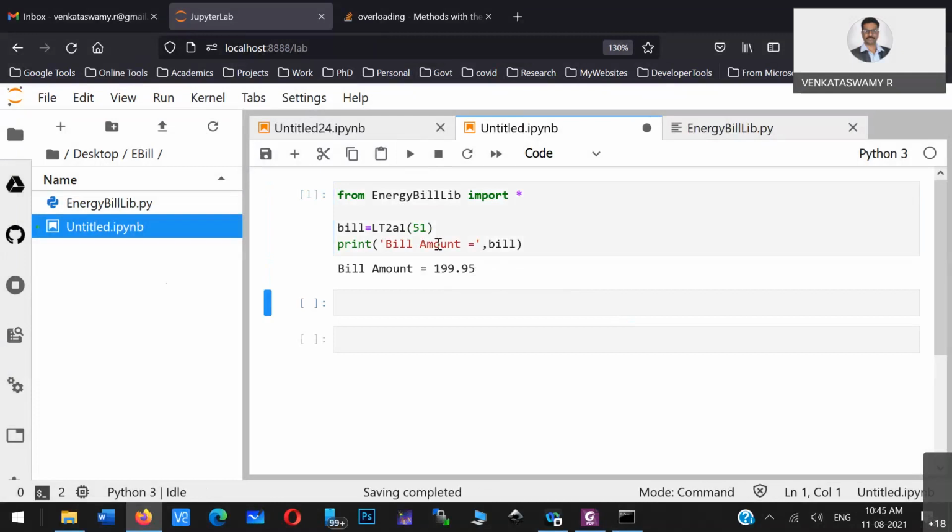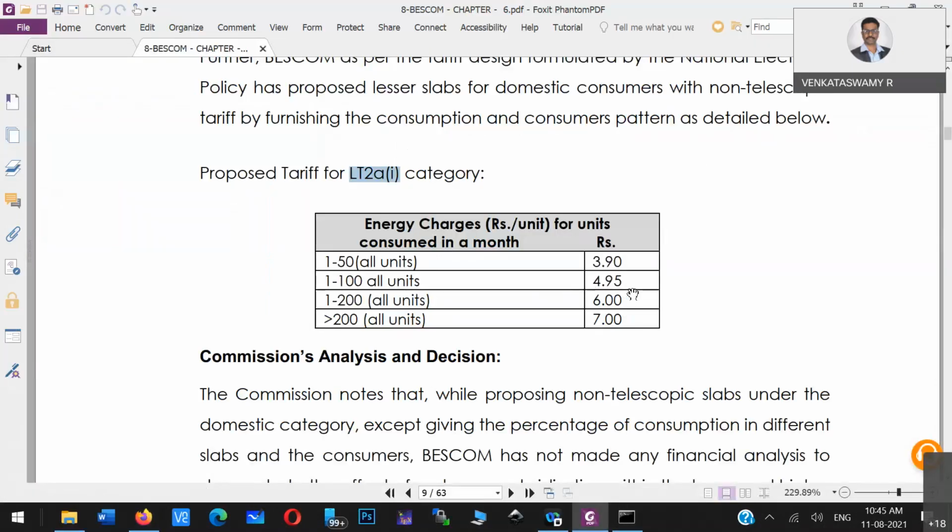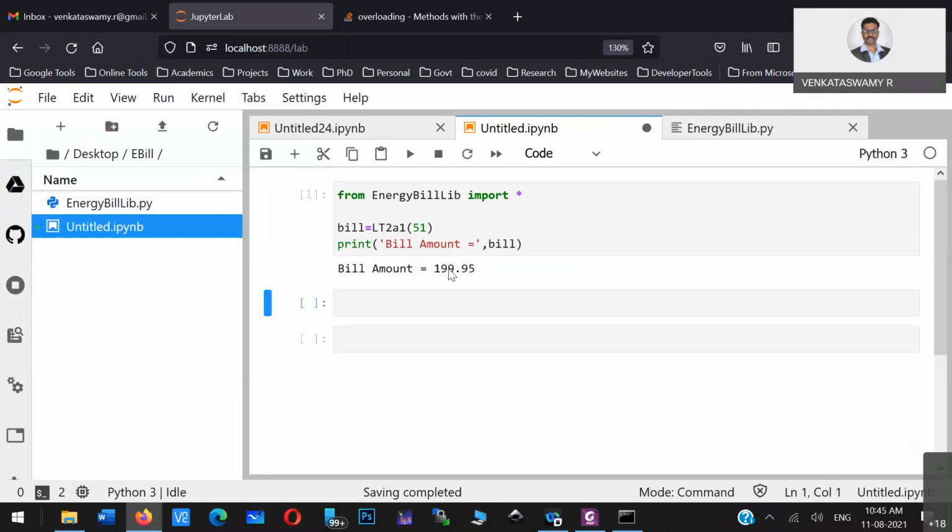Can you see here? This 51 is basically one unit extra, right? So 4.95 plus 390 divided by 2. So that is this value, 199 rupees.